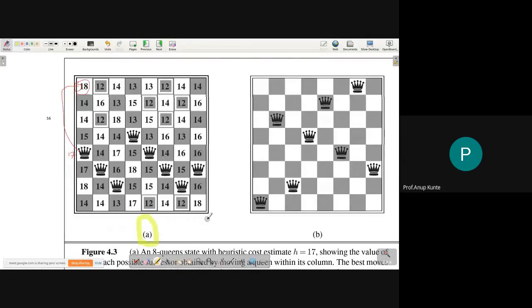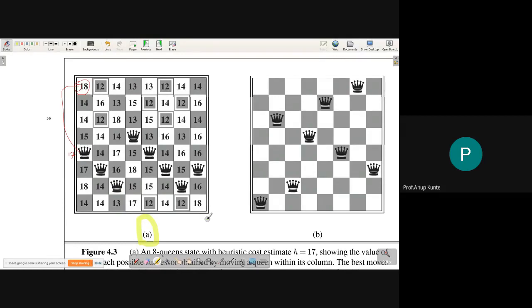So we are trying to get from a state wherein certain pairs of queens are hitting each other, to a scenario where no queens are hitting each other. Initially I'll have some value n for my heuristic function for a particular initial state, and then I'm going to reduce that n to reach 0. This is what I'm trying to achieve.